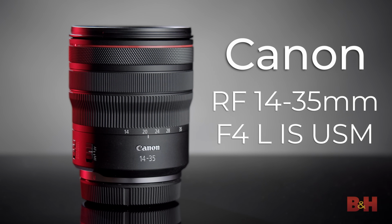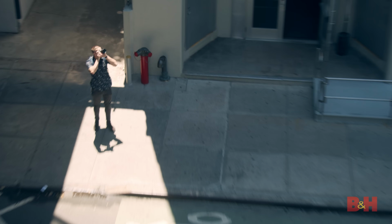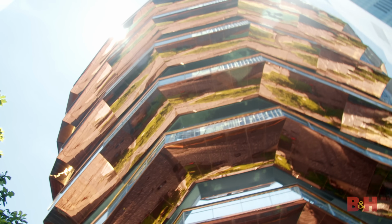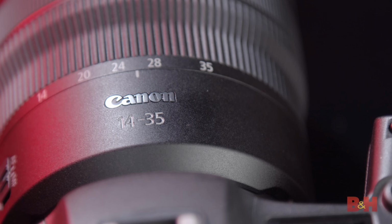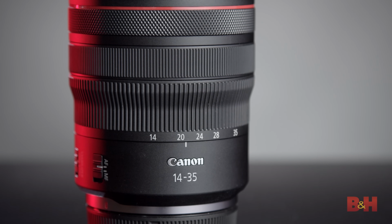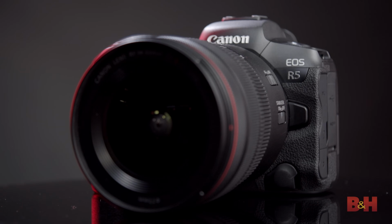f4 L IS USM. A compact wide-angle zoom for Canon's full-frame mirrorless EOS R system, the 14 to 35mm delivers the high-quality optics of the storied family of L lenses in a stabilized, smaller form factor befitting of their latest mirrorless offerings, the R5